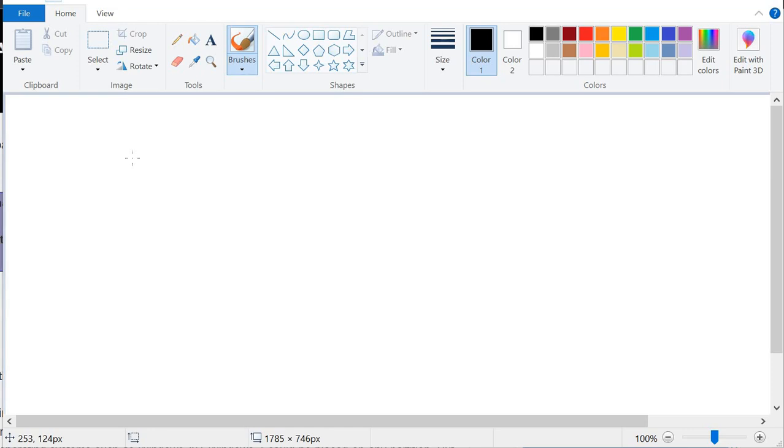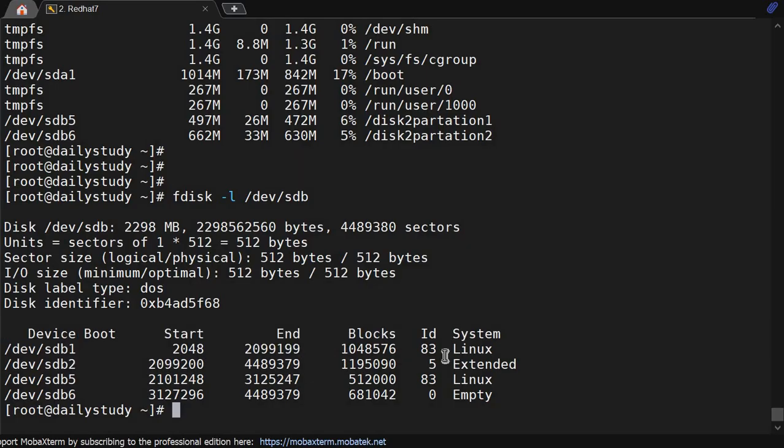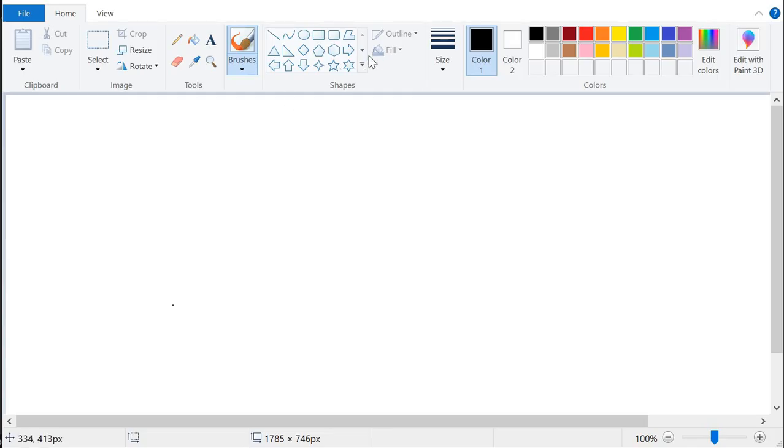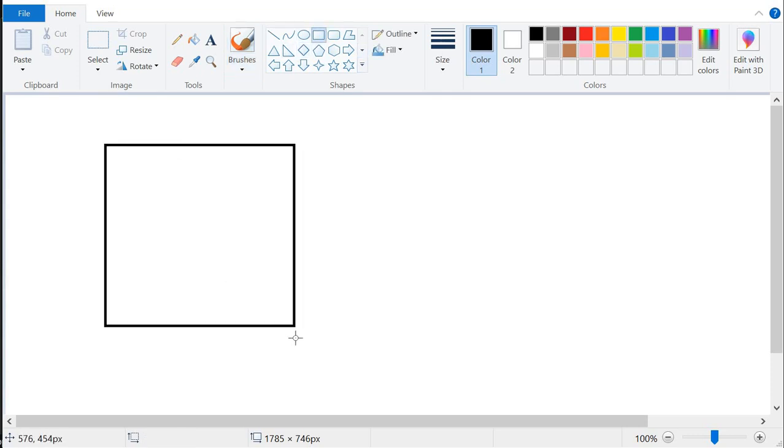In our previous video we discussed creating a file system, where we got introduced to primary and extended file system. So this is my machine, which is having extended file system, and under that we are having logical file system. As I want to show you, this is my hard disk,